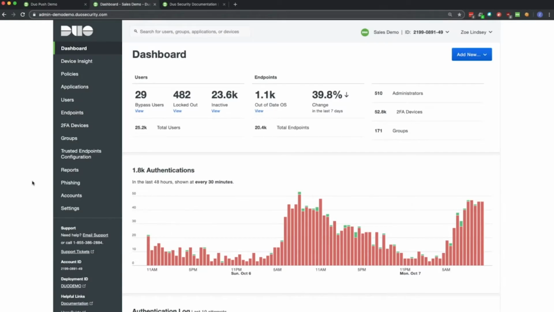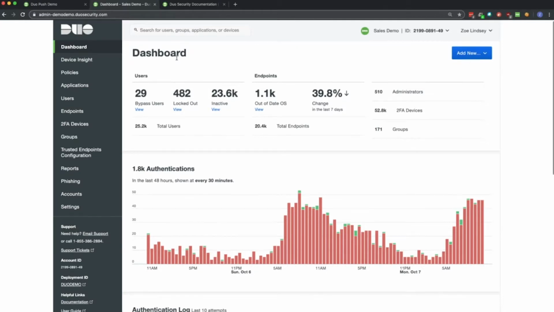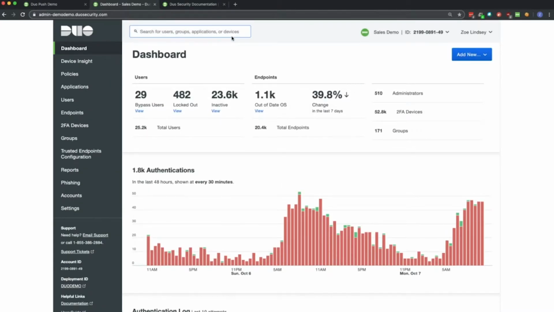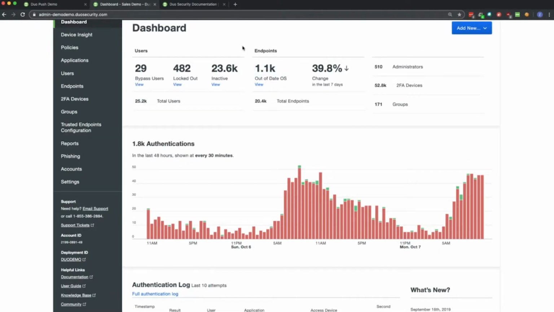So let's flip over to the admin panel. Now we're moving from what a user sees to what an admin sees. Here's your dashboard that you'll see each time you go to log in to your admin panel. Obviously, when logging in, you're going to be logging in with a strong second factor that you'll enroll when creating